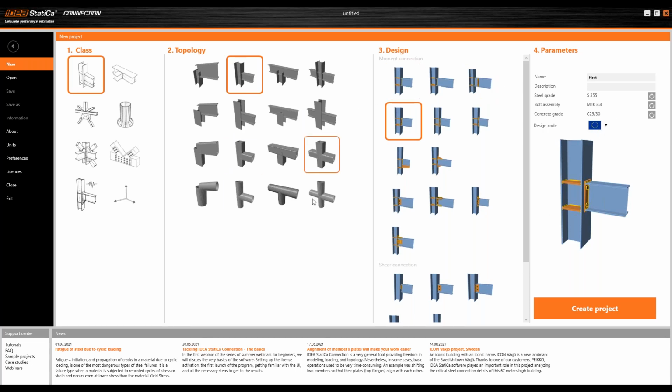Here, it is important to mention that anything can be modified and changed on the way later on, except the design code. The design code stays for the whole project now created and cannot be changed later on. You have to start a new project when you want to select a different code. Okay, then I click Create project